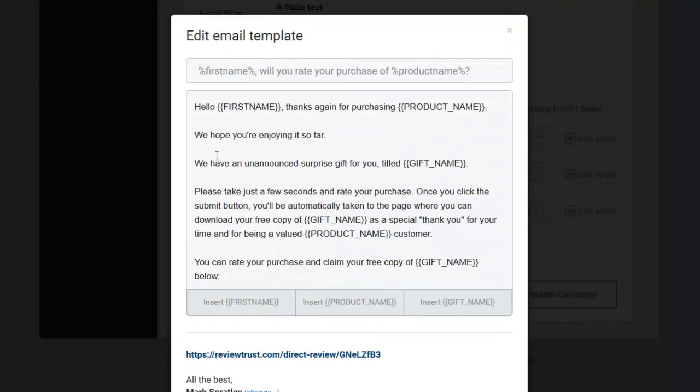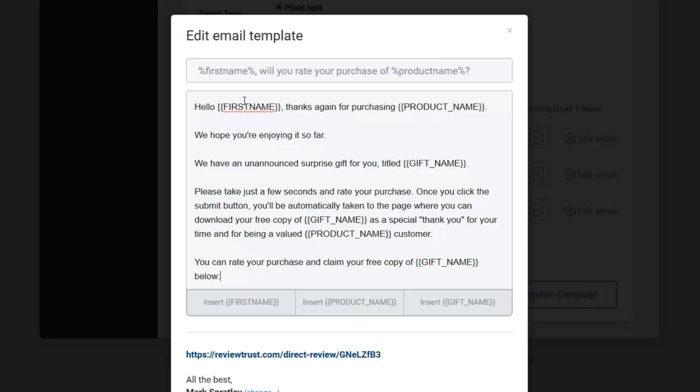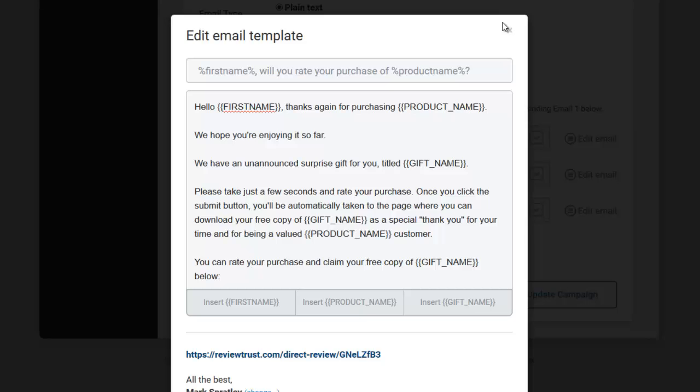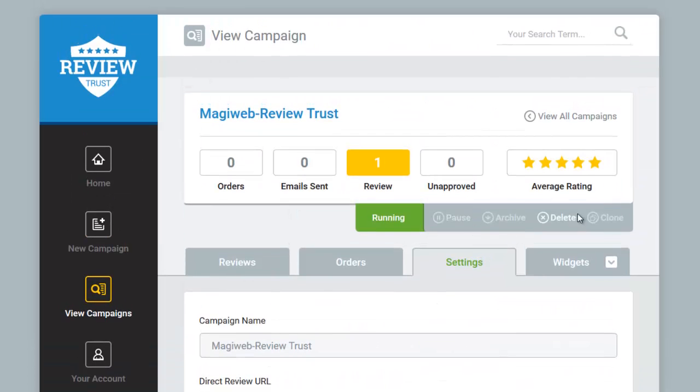And when you edit these emails here, they actually give you a template to work from as well, which is really cool. Because I've enabled gifts, you can see the little placeholders for gift names and so on. So you have full control of exactly how this is going to look. And of course, you can also test the email and see what it's going to look like. Great. So that's basically back behind the scenes. And then on the front end,